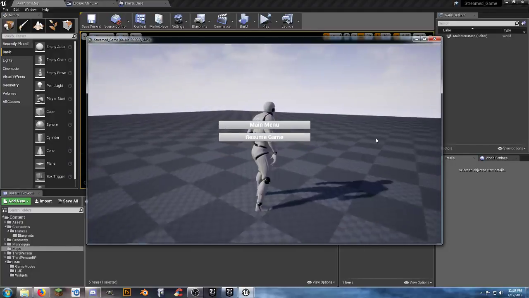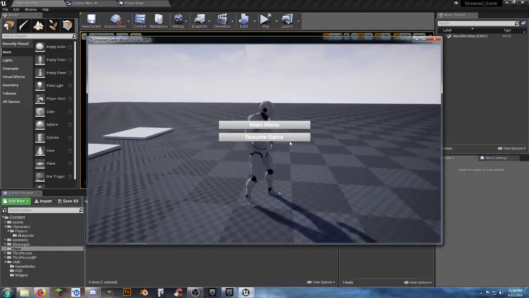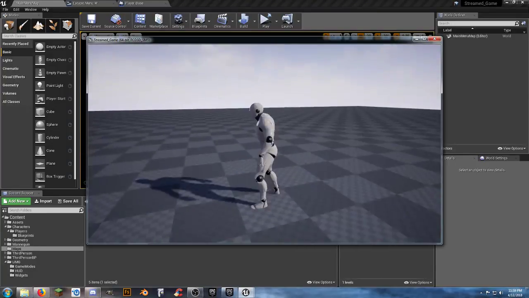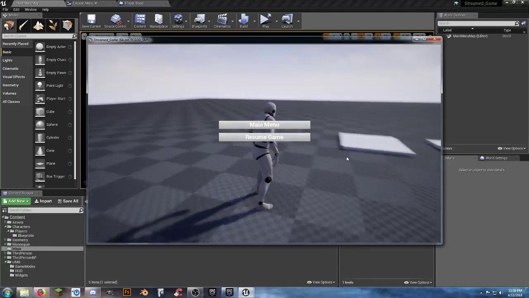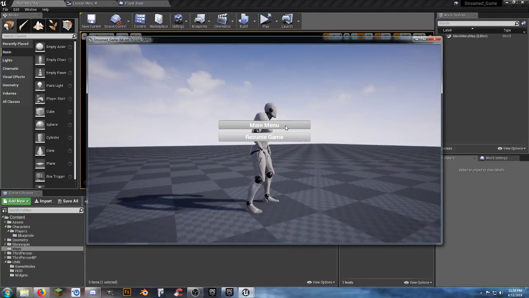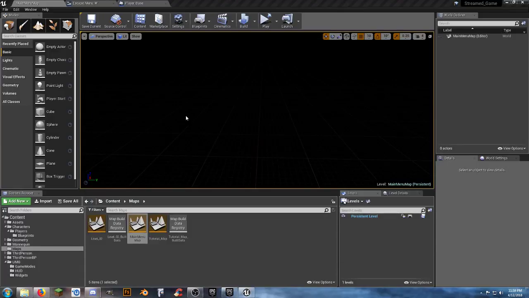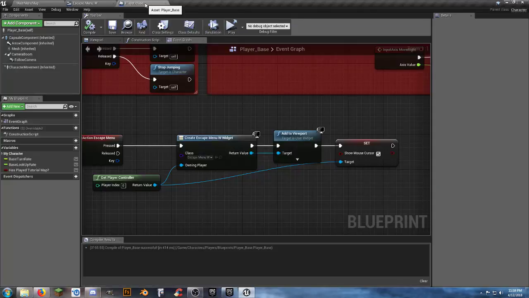So let's actually go ahead and turn that off. But we still have this. We can actually resume game. And now we can go back to playing or hit escape again and go back to the main menu. So now we can hit quit and close our game. So we want to improve our functionality, and we want to go ahead and at this point, let's go ahead,